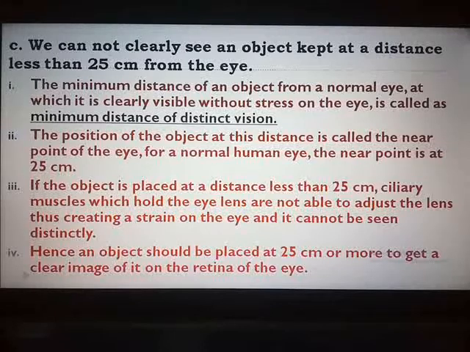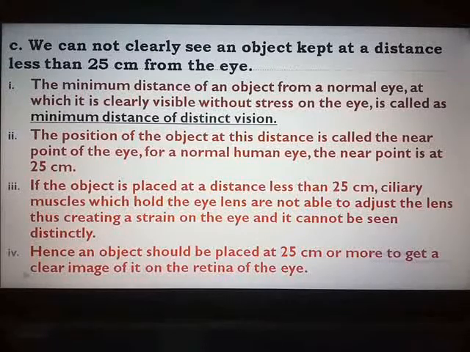I hope there is no doubt with question number 4. Give reasons. Now, as I have told you, these are the points which I have given from my side. Apart from this, if you want to add anything related to the topic which you feel that this should be added or this part is not required, you are welcome to do the changes. Only the main part, the main reasoning part should be covered.